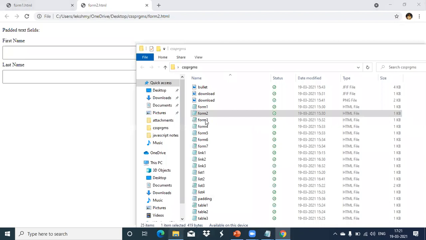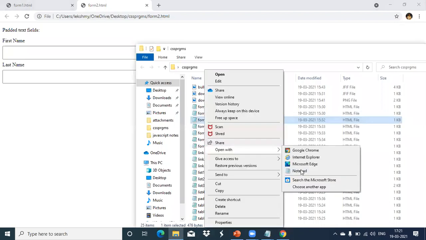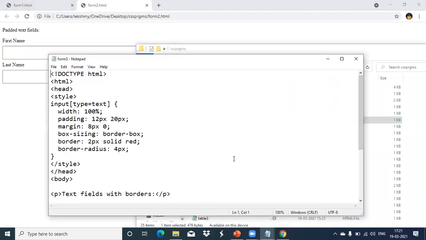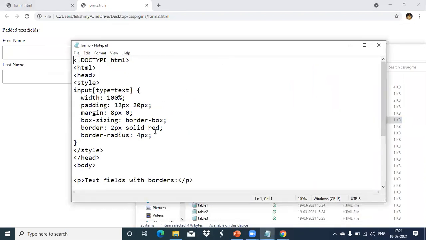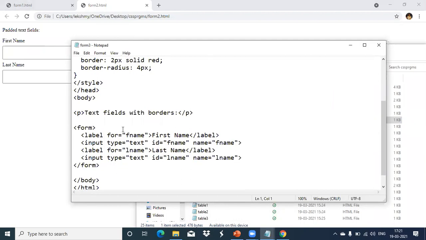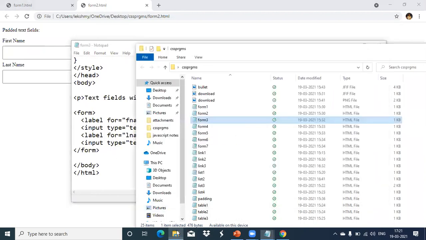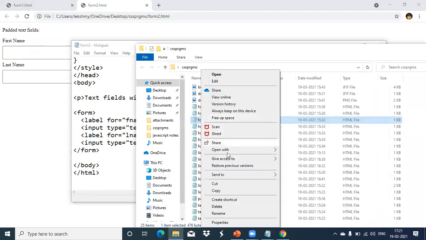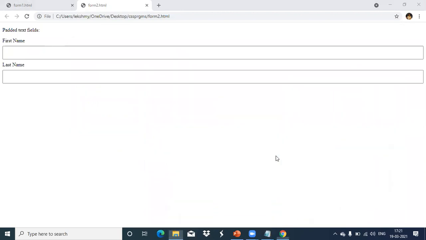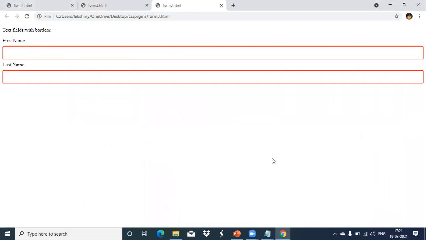Now another example we'll see for the form styling. Now the border color and all we have specified. And this border radius again we have told. So it will get in the rounded format only. Same type of thing, first name, last name only we are using here. Only the extra styles we have added for the text boxes. Like this. Okay. Clear these two? Any doubt?